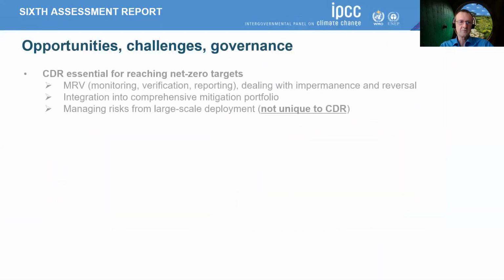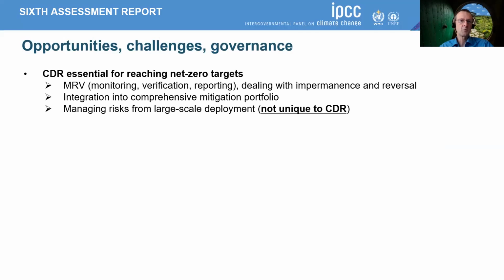Very brief concluding slide. I'd really want to leave you with the message that CDR is essential for even just reaching net zero targets for holding temperature. And for that, it's critical that we upscale and develop MRV methods, robust policy mechanisms to deal with impermanence and reversal, especially on the side of biological carbon storage, and integration of CDR into mitigation portfolios rather than treating them as a poor cousin. I think CDR is really an essential component of mitigation, and we cannot achieve our stated goals